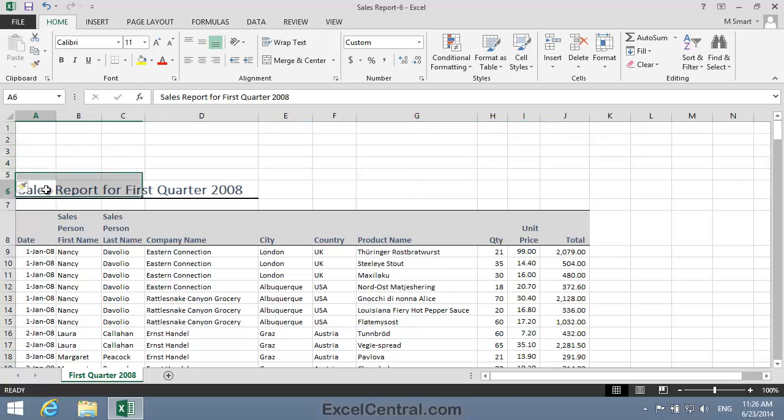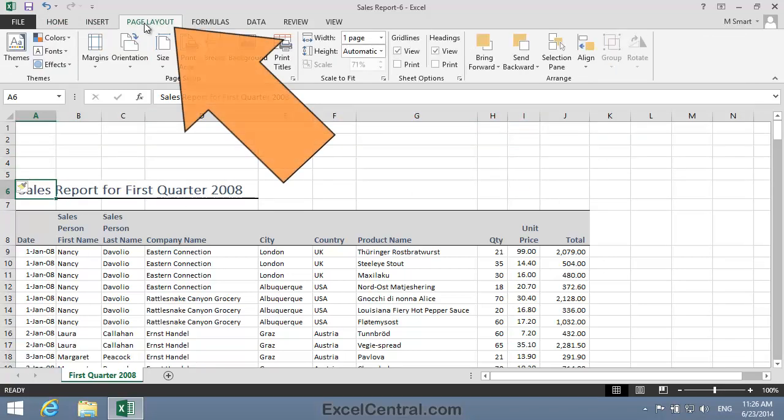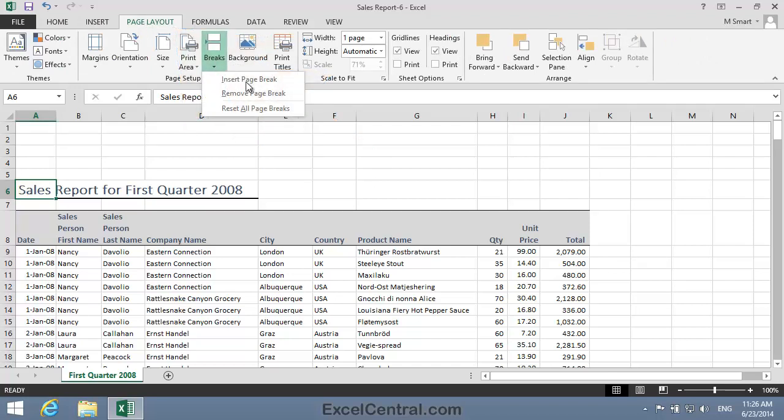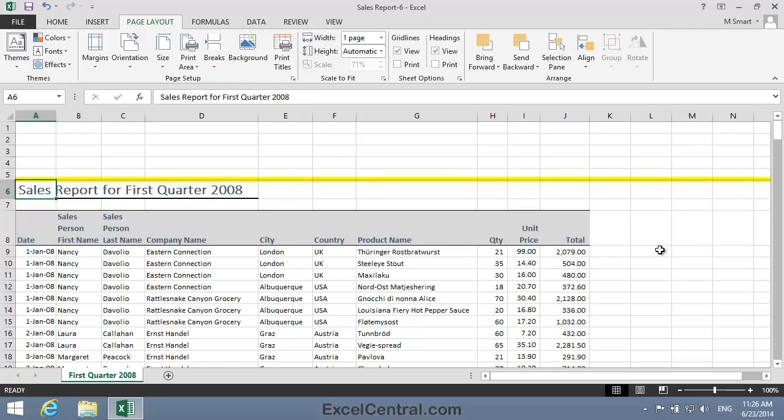I click in cell A6, then Page Layout on the ribbon, in the Page Setup group, Breaks, and Insert Page Break. And you can see that a grey line has appeared above row 6, indicating that this is where the page will break. Now let's make space for the title by merging and centering cells A2 to J2.